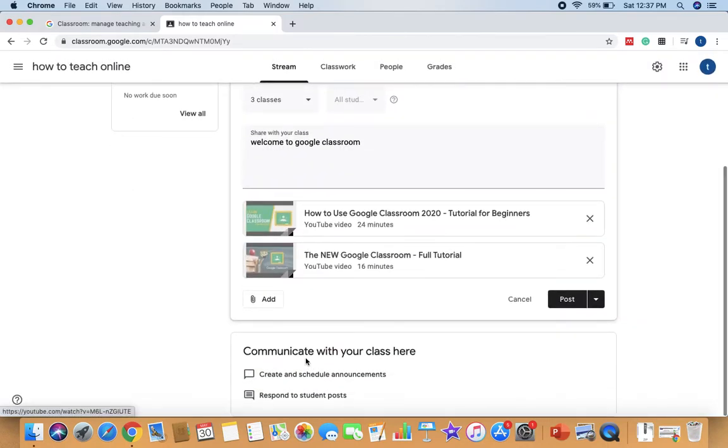Now, next thing is this. There are three options, and here one is disabled, but there are three options. The first option is post. That means we will be posting now itself, and it will be available to students from now itself. Either you can save it as draft, or you can schedule it. You can schedule it for yet another day, right? If it is for next day, or maybe after 2 days, the notification will be available only on that day.